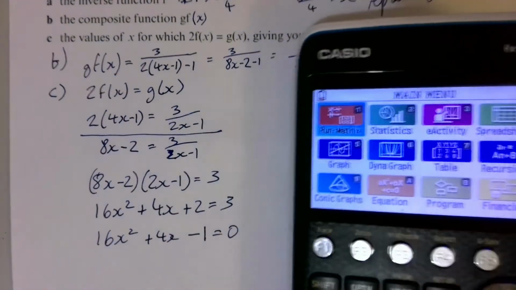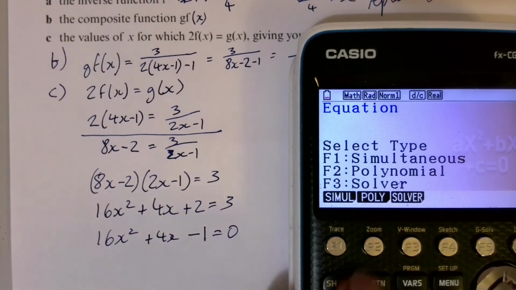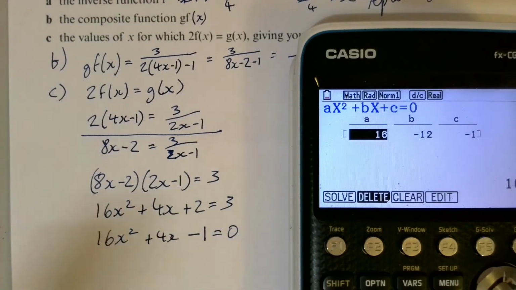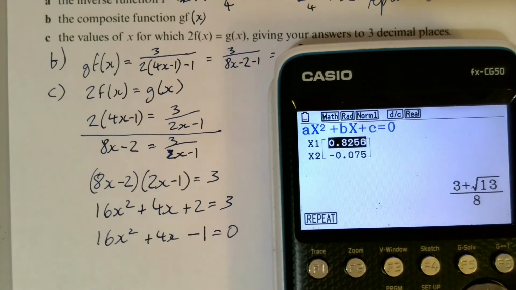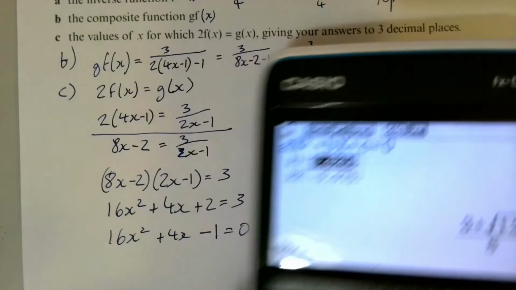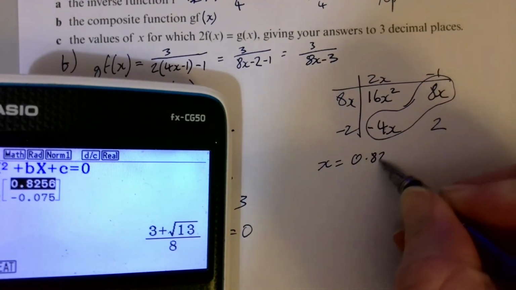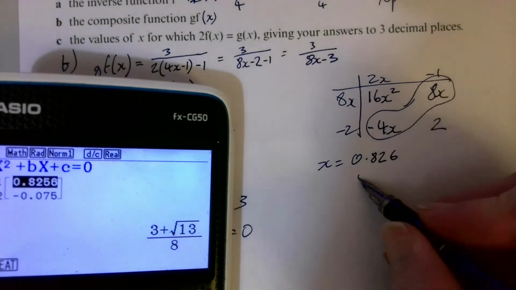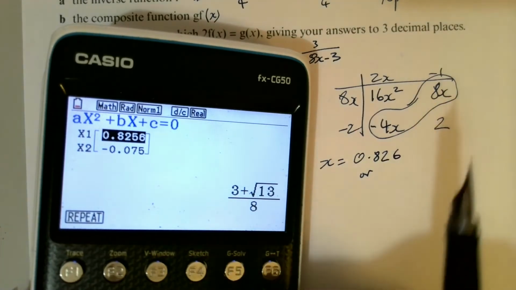and go to equations, polynomial, and I've already put it in earlier. Now when you hit the answer though, you've got to be really careful here because it says to leave our answers to 3 decimal places, but when I do that I get my 0.8256, so I know that my first value of x is going to be 0.826. My second value of x, it looks like there's my 3 decimal places there, but do be careful because